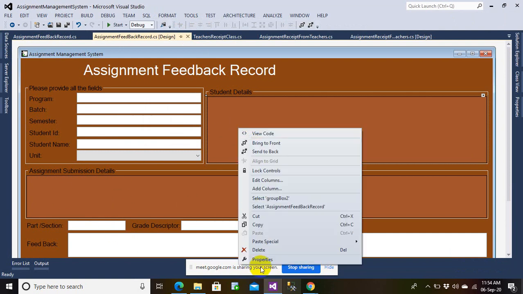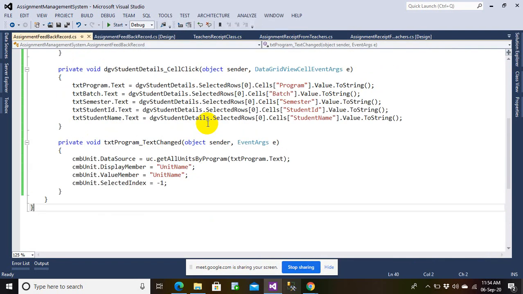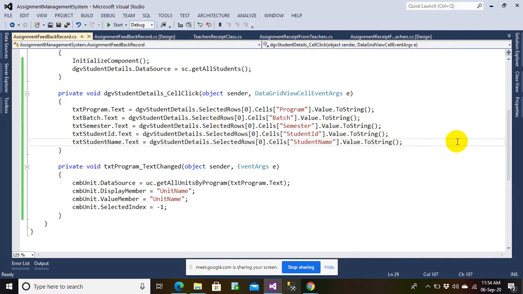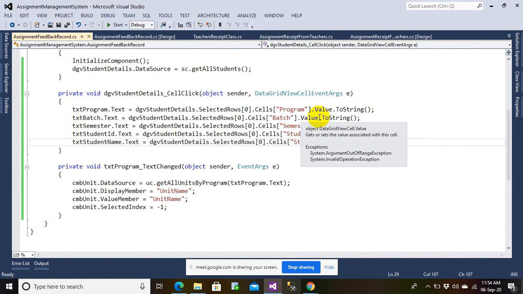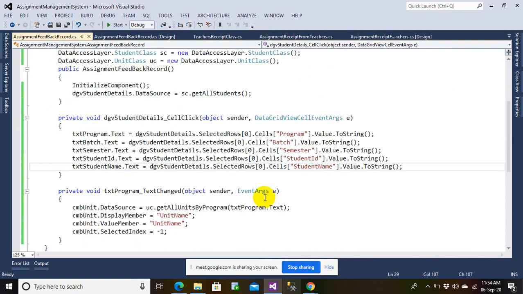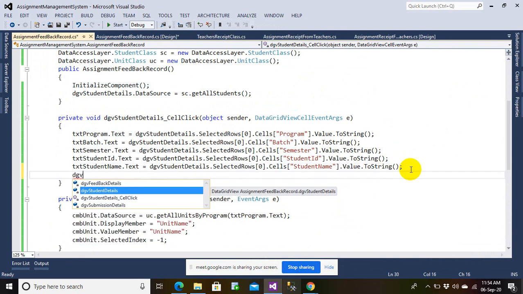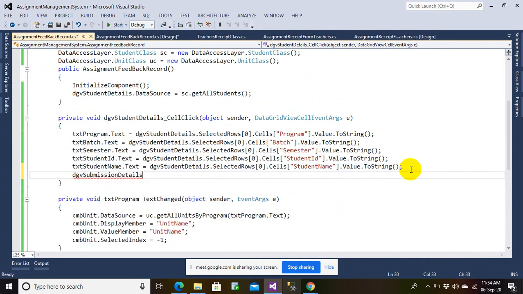So let me go to the property. Let me again go to the design mode, and here I can make sure. Okay, this one. I need a student ID. Okay, the student ID is here, no problem. And I just need to bind the AGV, what we call the submission details dot data source should be now equal to